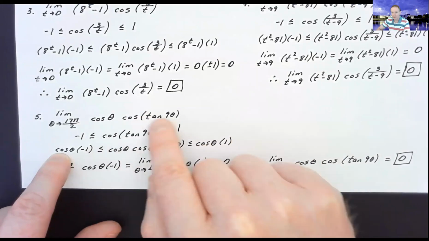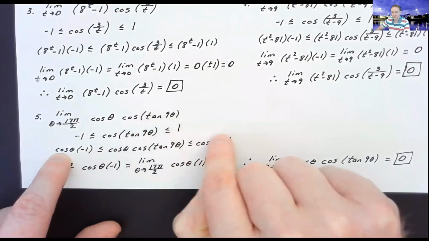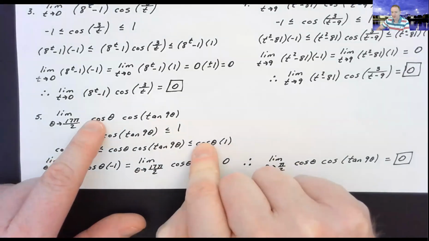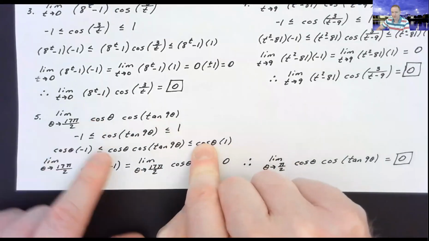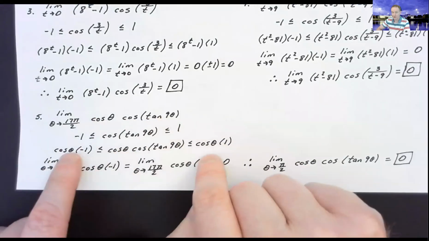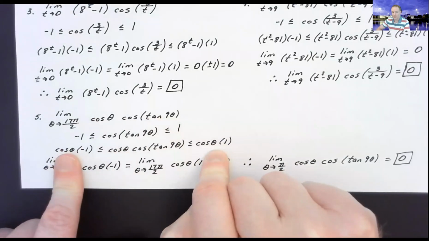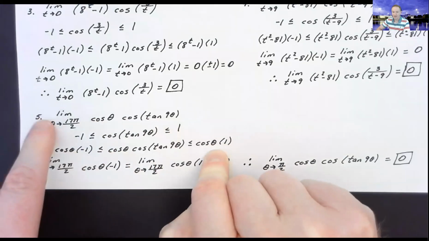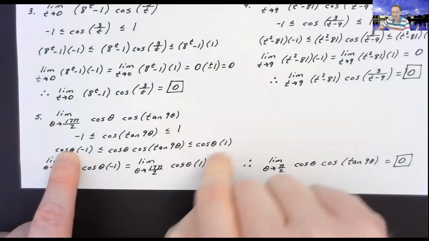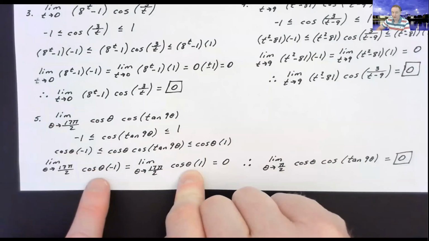I'll replace the cosine of the tangent of 9 theta with a +1 to multiply by cosine to create my large function. Now I know that the function we're trying to find is somewhere in between these two values. Okay, now take the limit as theta approaches 17 pi over 2 of the small and large function. And when you plug in 17 pi over 2, that cosine of 17